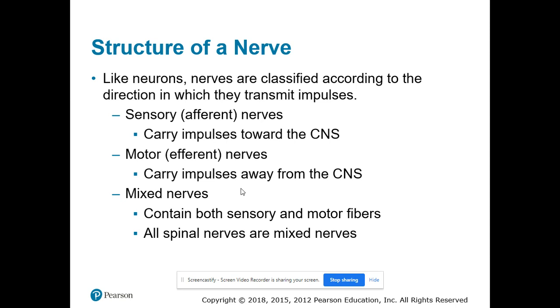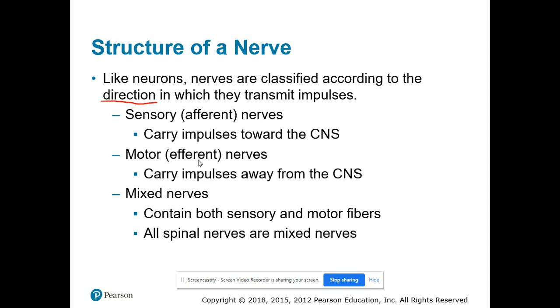Like neurons, nerves are classified based on the direction that we are going to transmit an impulse. Remember, sensory or afferent always means going to the CNS, sending messages to our central nervous system. Motor or efferent means we're going to come away from. So they're going to exit our central nervous system and go to any muscles or glands that they want to